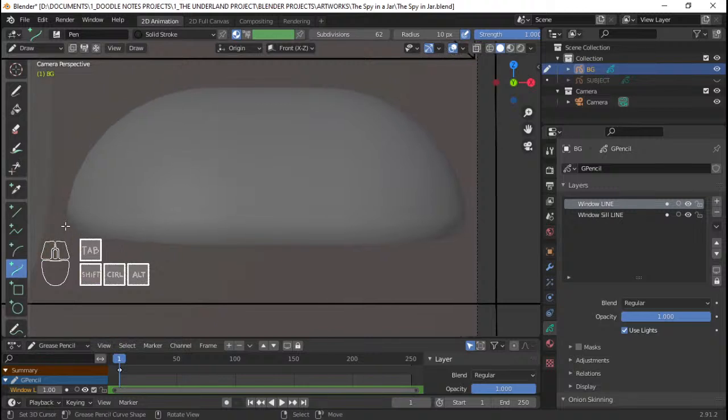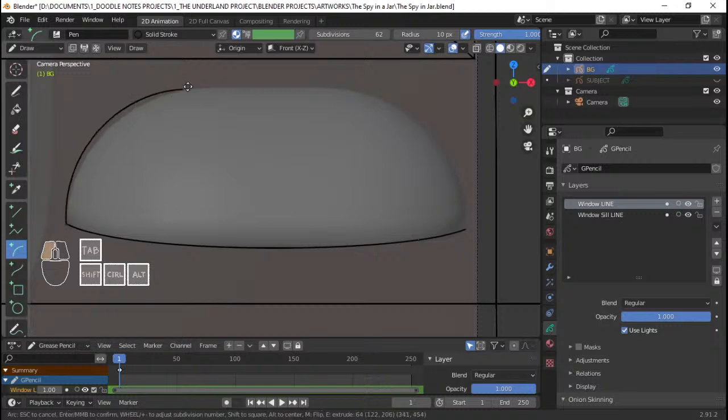I'm gonna add this curve tool right here, double curve thingy, and then just do something like this. Same goes here. Let's go for a curve tool here. Go something like this. Enter that. Same goes here.